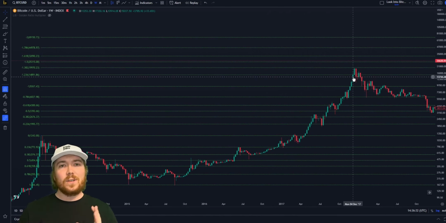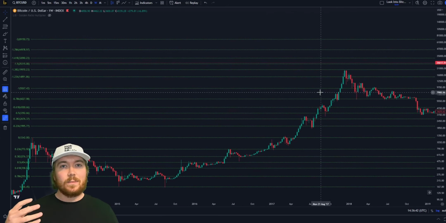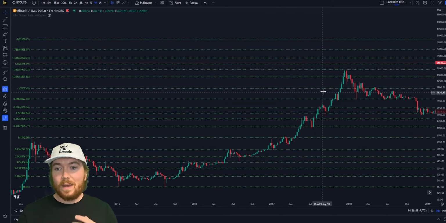Now, there are some little caveats with this methodology. We can't actually predict exactly what level price is going to peak out or which level is going to be of key points of interest. But what we can do is, when price is approaching these levels, maybe just look at other charts, other metrics we have for confluence to try and gain a little bit of insight into what may happen next and just